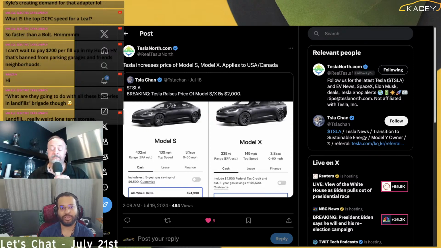So why not raise the price of the S? It's still cheaper than the Lucid. Who's their competition? Well, there are Model 3s. I mean, you could look at the Taycan, there's the Audi, there's BMWs in that class.